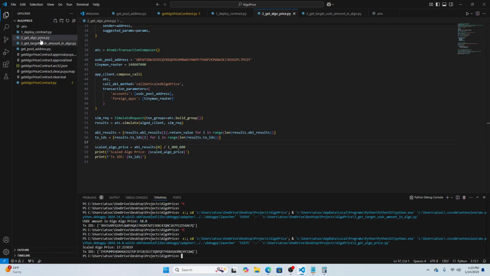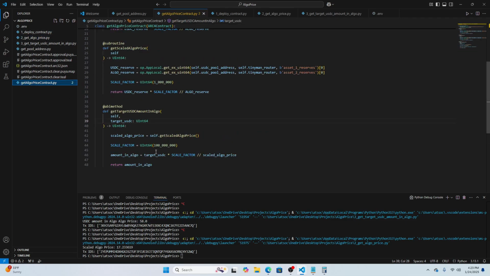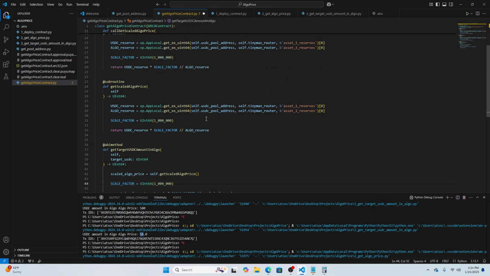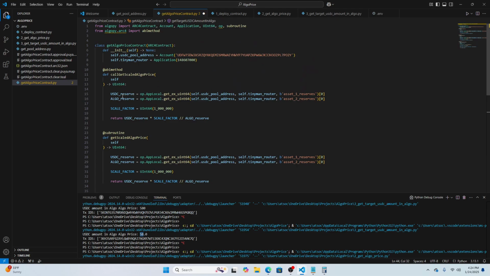And like I said, I would adjust this scaling factor to be 100 million. So, actually, this doesn't matter. I would do this, but then you only get a 58, and you never know if you're going to get 58.5 or 6. That might make a big difference one day. And the scaling factor is used because there is a chance that the USDC reserve is less than the algo reserve. So I believe I mentioned this earlier, but